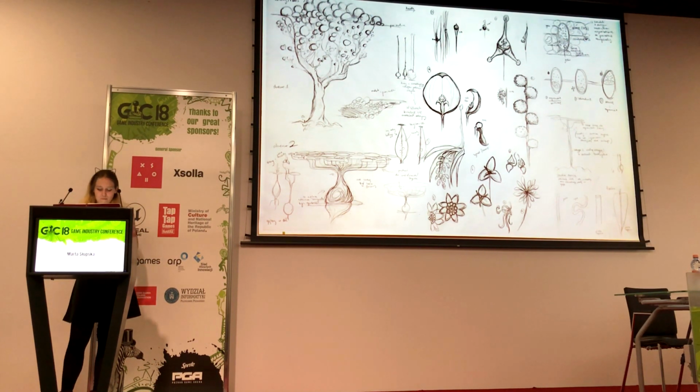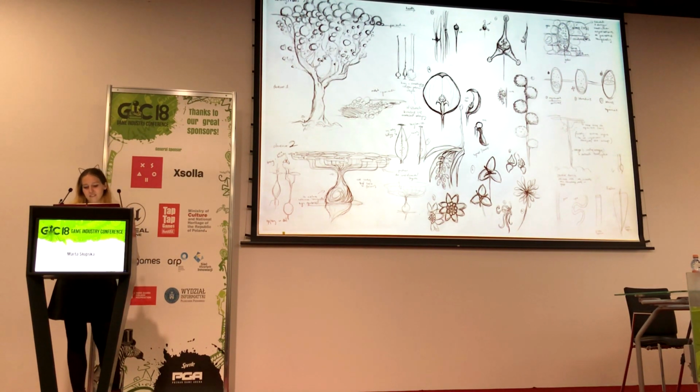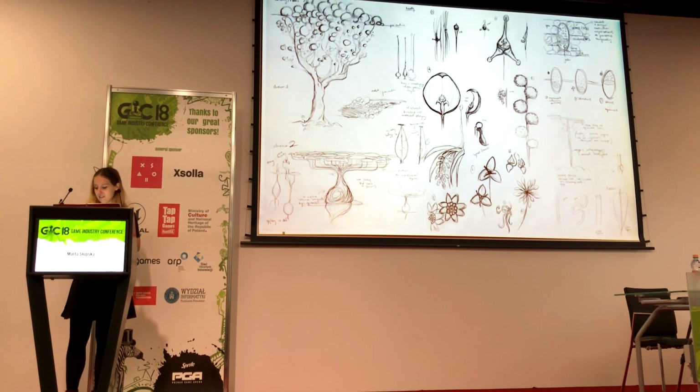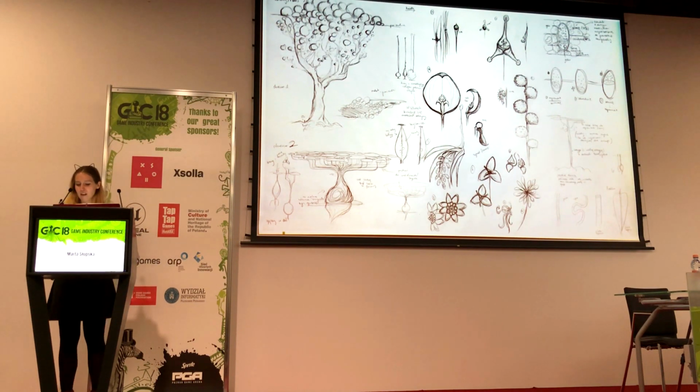So I designed some plants that can depend on the difference between the temperature on the surface and the temperature under the surface. So they have very big, very long organs that take the temperature from the surface and bring it to the temperature inside the ground. And I did some sketches about how it could work.